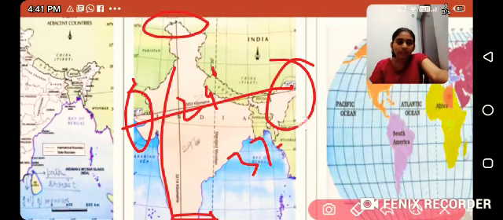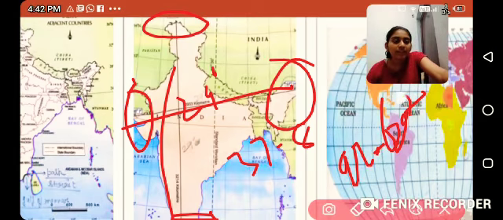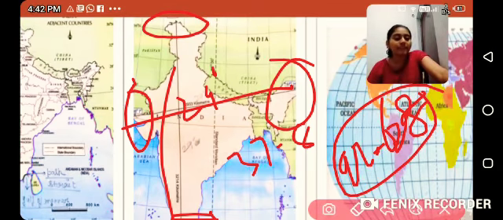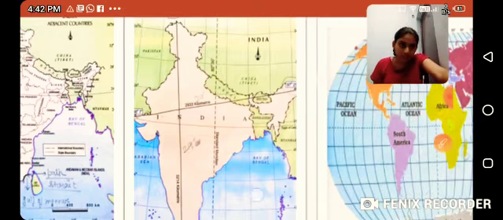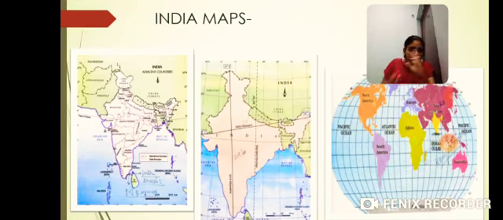37 minus 8 कर दीजिएगा and 97 minus 25 कीजिएगा. 97 minus 68 करना. You're going to get 29 degree, that is approximately 30 degree. So what I can say is that the latitudinal difference and longitudinal difference of India is same. Now this difference between these longitudes, they make different timings in the two different states of Arunachal and Gujarat.